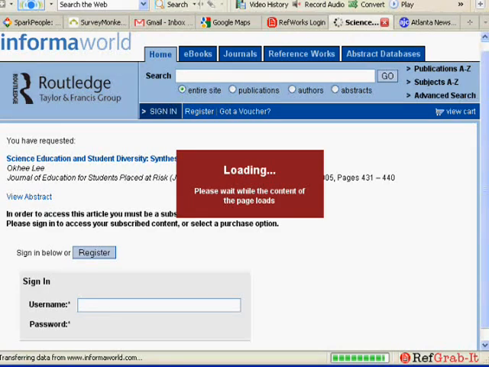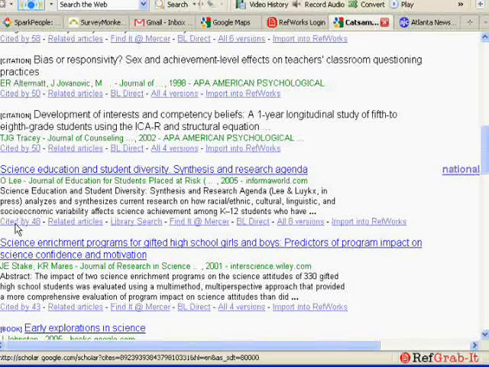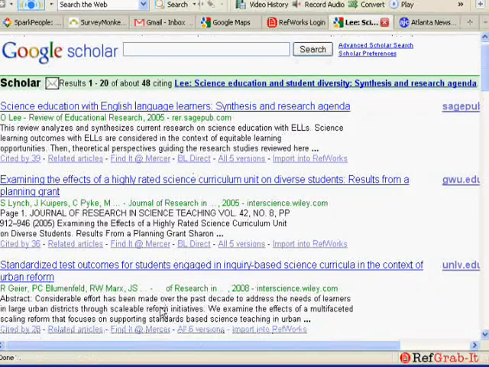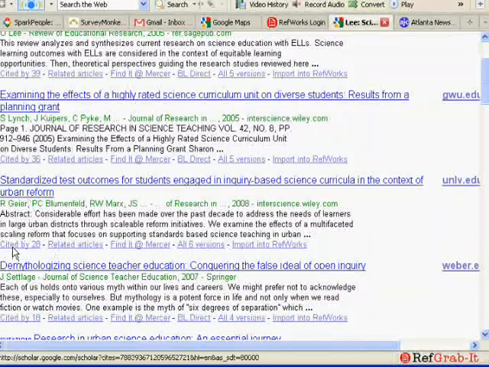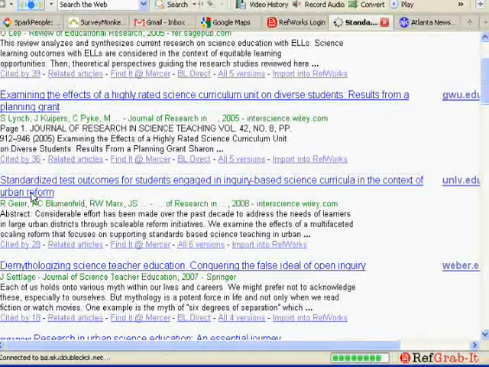In this case, it doesn't look like we're lucky, although it does seem to be taking its time loading. Now we find this one, and maybe this one is interesting to us, and we then look who cited that one. And maybe we find something right here, and we see that that one is interesting, although it doesn't have gender in